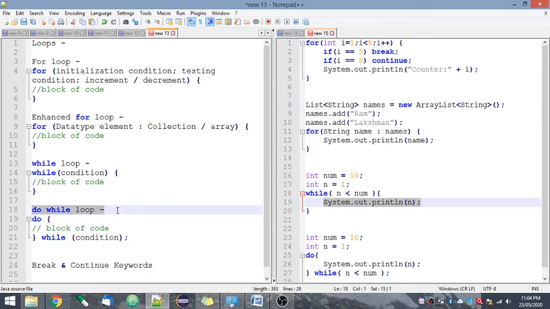So do while loop is also similar to while loop. The only difference here is that while loop is an entry control loop, because I have provided the condition initially, while here I have provided the condition at the end, so it is an exit control loop. That is the one difference. Second thing is that in do while loop,